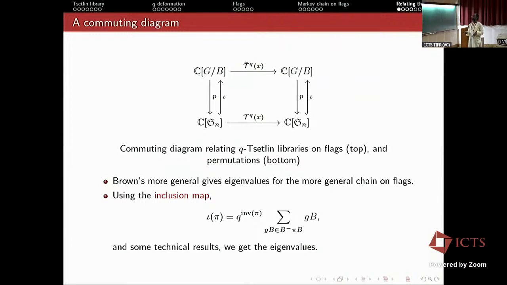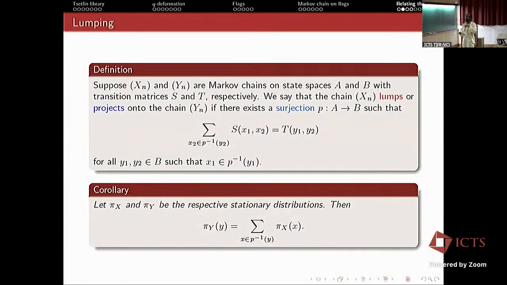For the stationary distribution, we go the other way around, and there is this general notion of lumping, another word for which is projection. So suppose you have two Markov chains on two different state spaces. Let's say X_n is a Markov chain on A and Y_n is on B. And suppose there is a surjection which goes from A to B such that, when you sum over the, so okay, I've also defined the transition matrices in these two spaces. So you sum over